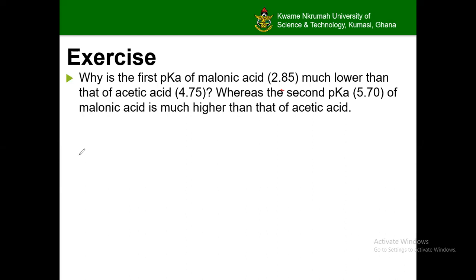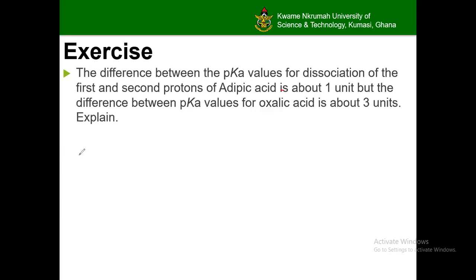Now, if it comes to the second instance, where it becomes weaker in terms of the pKa2, then we argue that after the first proton has been lost, the anion is stabilized by hydrogen bonding. So losing that hydrogen that is involved in hydrogen bonding is quite difficult, right? So we reduce the acidity, something very simple. Good. Now, the next exercise, we are seeing the difference in pKa values for dissociation of first and second protons